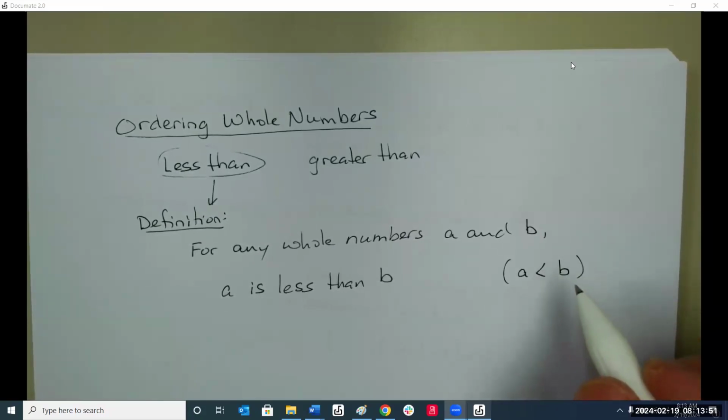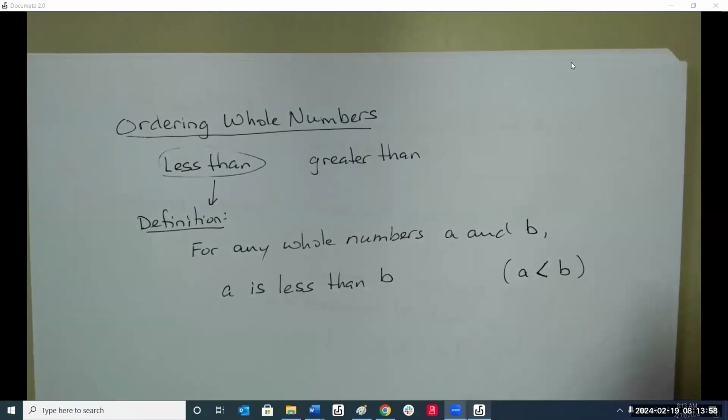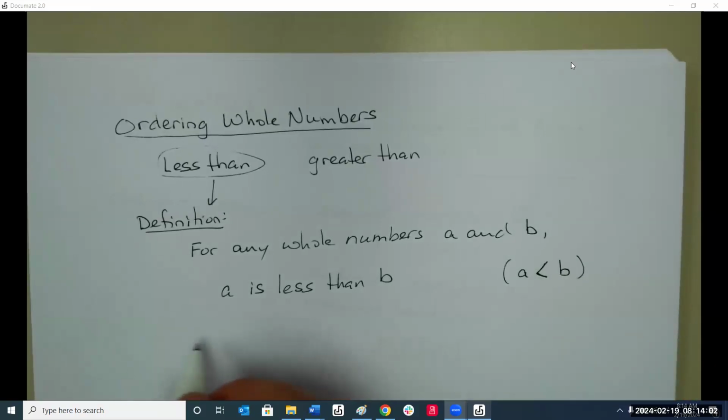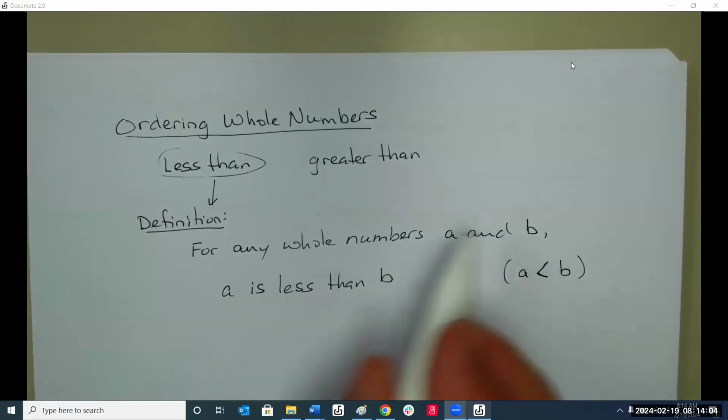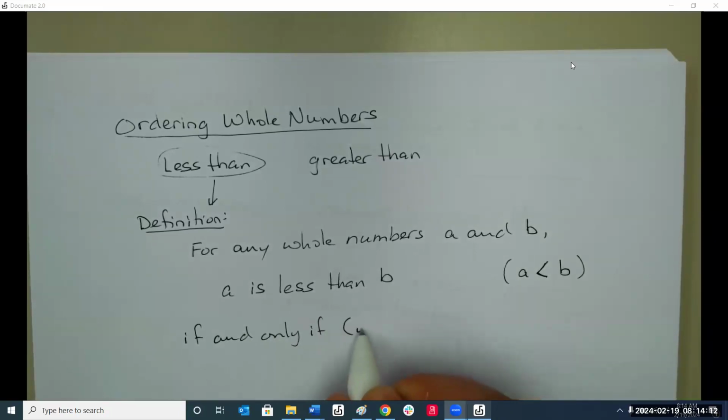Usually people say the alligator, or the lion, always goes for the bigger piece of meat. Or you can say it always points to the smaller one, the cute one. So for any whole numbers A and B, A is less than B if and only if, again, I'm going to start writing IFF for that,